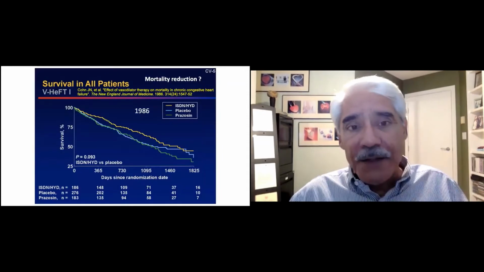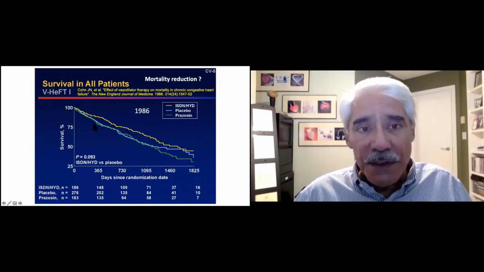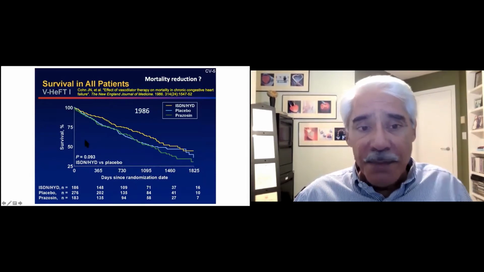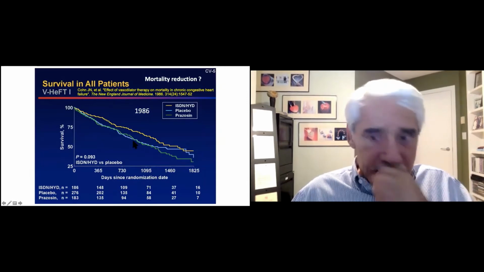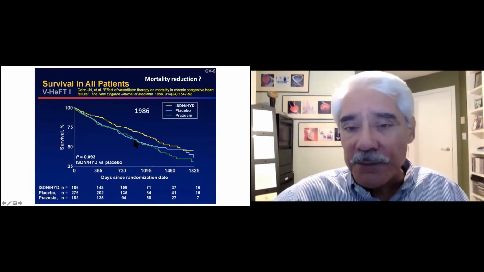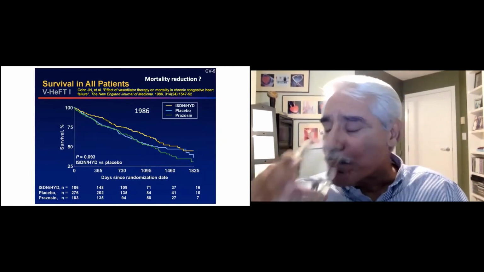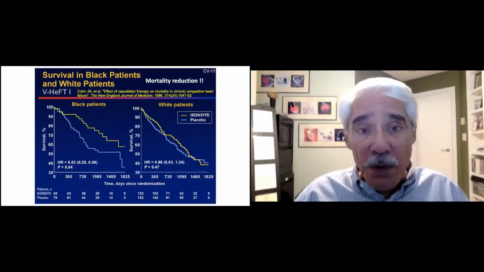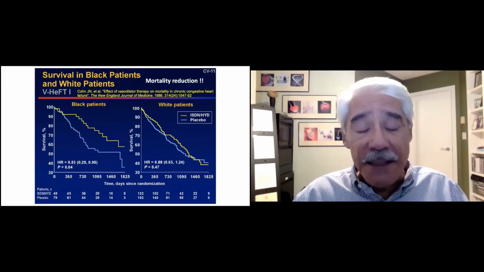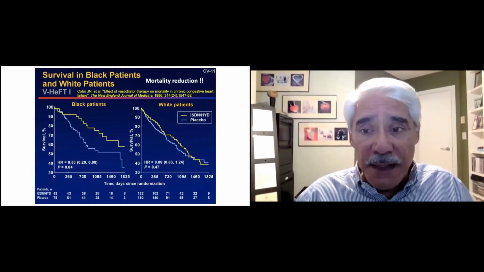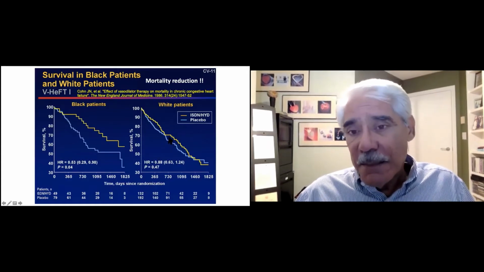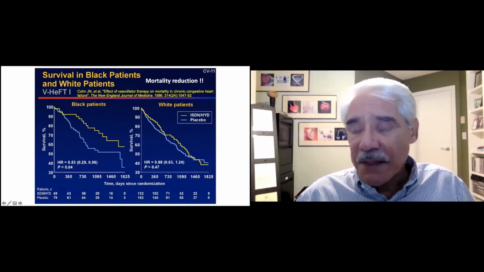And the big trial was the VHEF1, which showed that patients who received isodil and hydralazine had a much better survival than patients who were on placebo or prazosin. So we show now the benefit of hydralazine and nitrates. But when this study was further analyzed, we realized that in white patients, there was no significant benefit with hydralazine